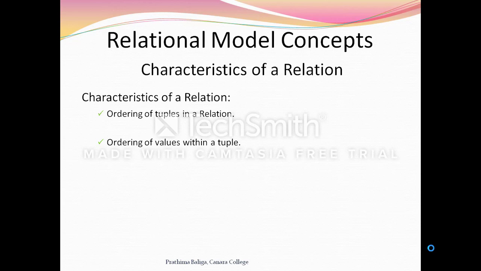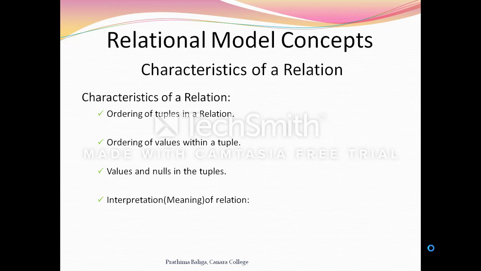The third characteristic, values and nulls in tuples. Each value in a tuple is an atomic value. That is, it is not divisible into components within the framework of basic relational model. Therefore, multi-valued and composite attributes are not allowed. An attribute can take a special value called null. This can be used to represent attribute values that may be not known or may not apply, or value exists but is not available at the moment.